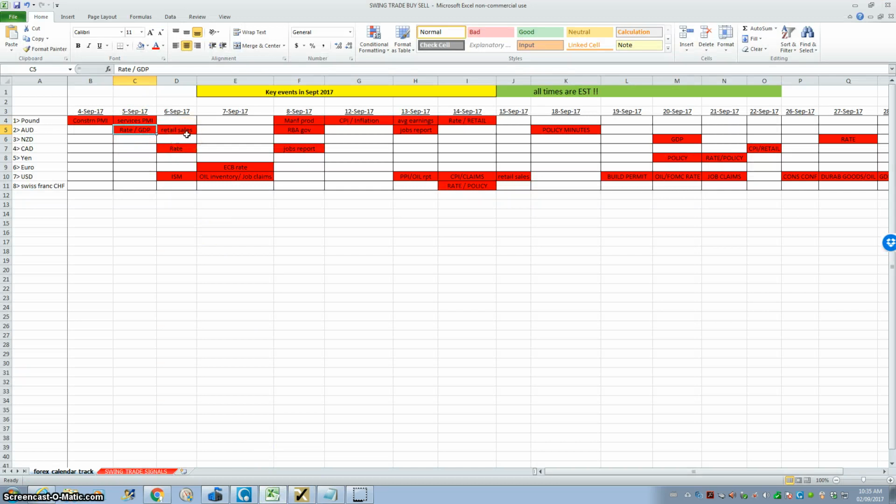Then you open a new position in the AUD USD. But keep in mind, on 6th of September, there is retail sales within 24 hours. That is also a high impact event which will affect the AUD USD. So if you ask me, the intelligent way is not to take a trade